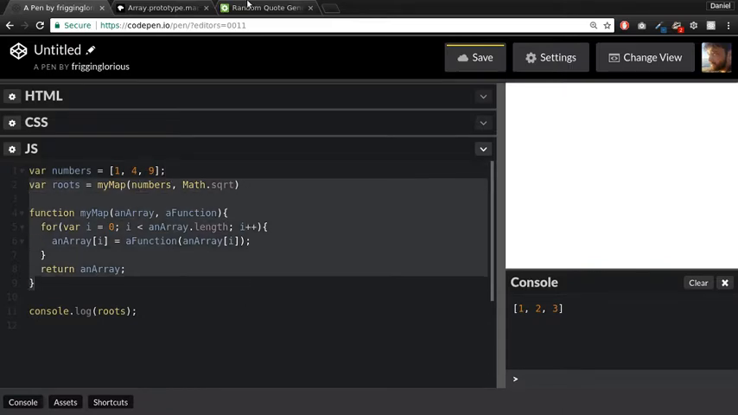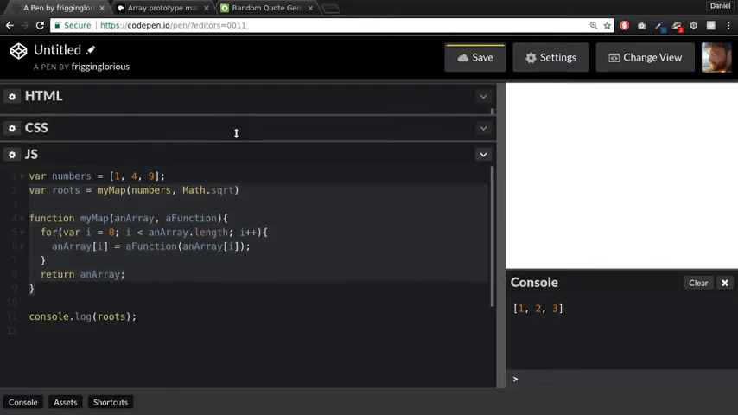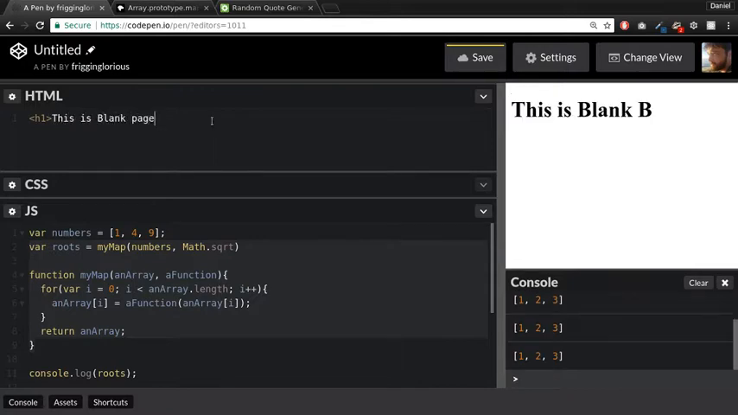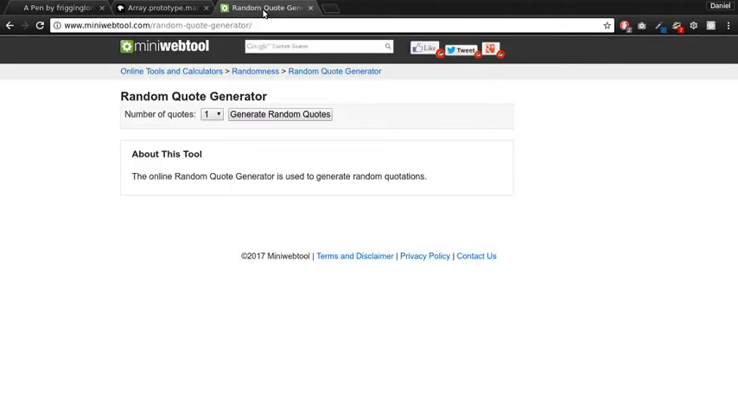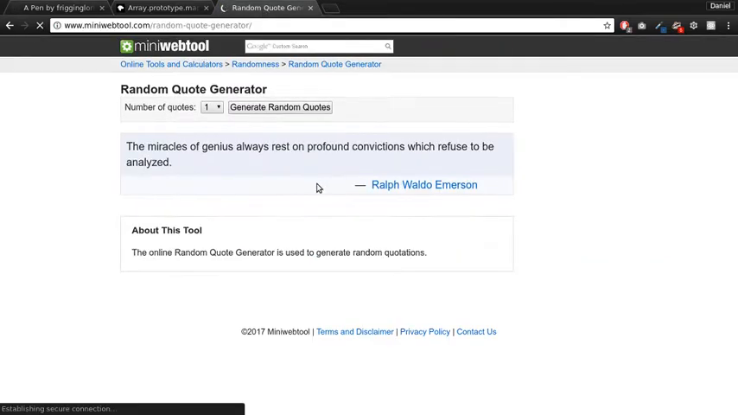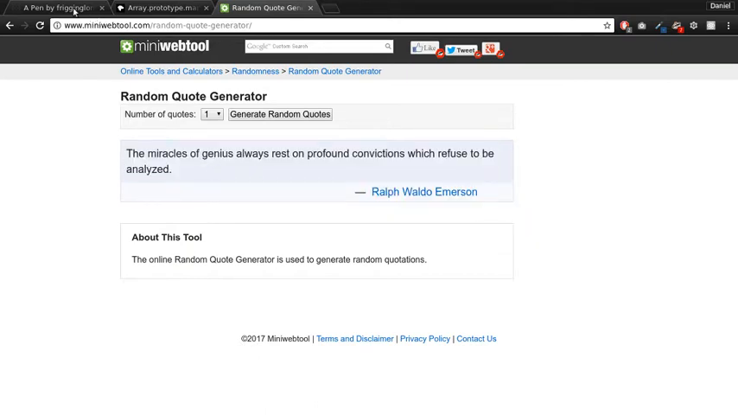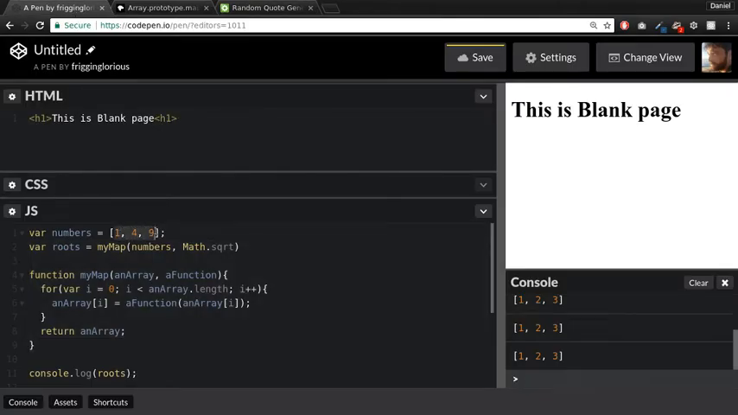We're going to output some information here to just a blank web page. This is a blank page with excellent grammar. And I decided we're going to do a random quote here, so I'll pull it up. The miracles of genius always rest on profound conviction, which refuse to be analyzed. So that's fantastic there. So instead of using these numbers,